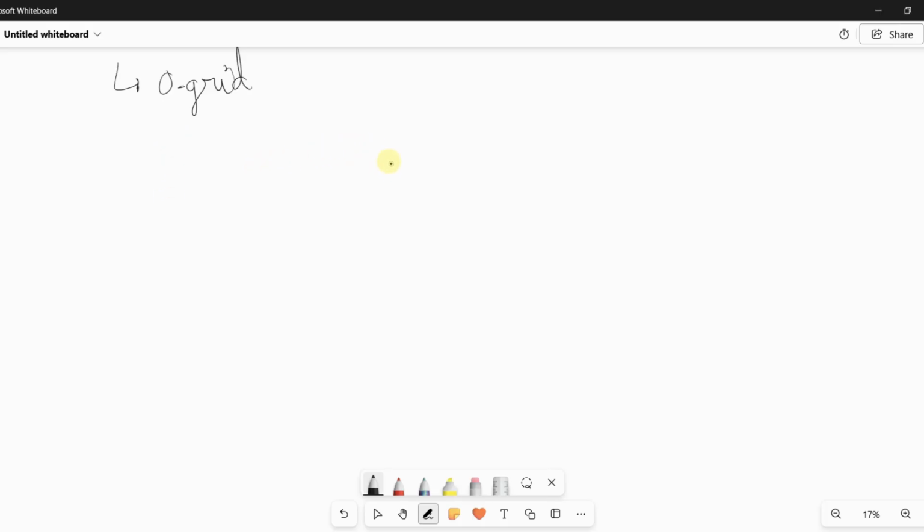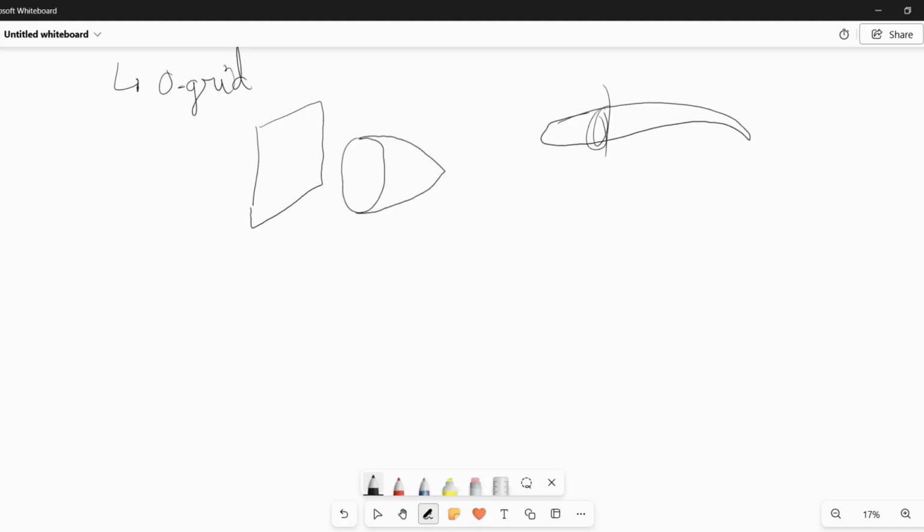So assume I have some shape like this. Suppose I have an airfoil. It doesn't look like this exactly, but suppose I cut it from here, and I have to mesh this. So now imagine that you're putting a graph paper. I have a graph paper. Now when I put it on this surface, you'll see it like this,